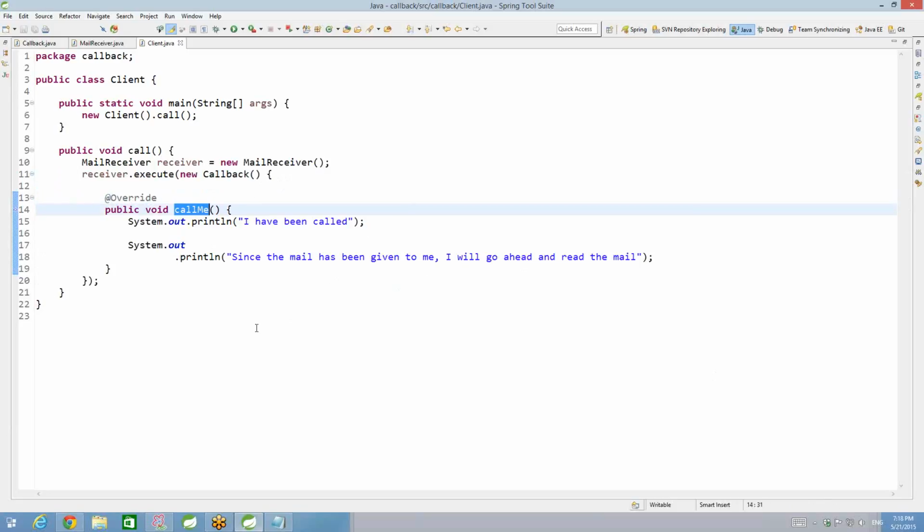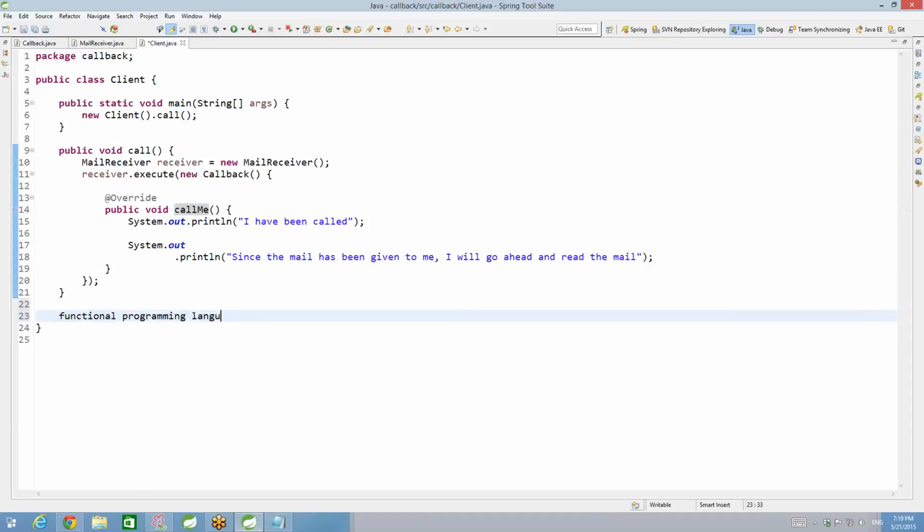There is another breed of programming languages. Just as Java is an object-oriented programming language, there are other languages called functional programming languages. There are languages like F#, Haskell,